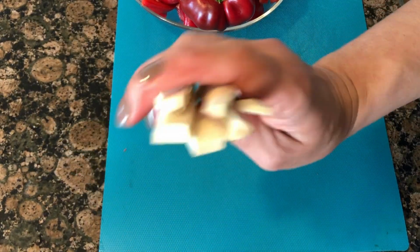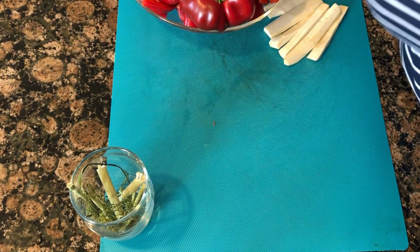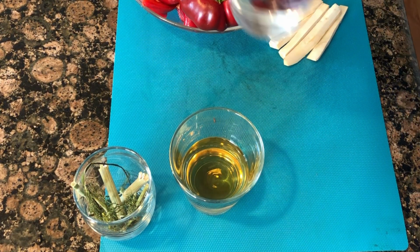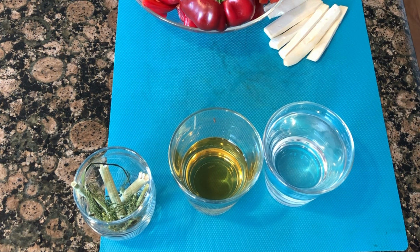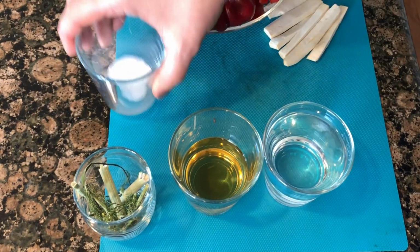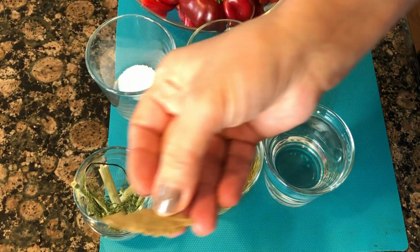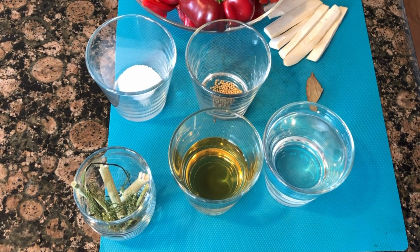We're gonna need some horseradish sticks, dill weed dried, you can use fresh, 1 measure of vinegar to 2 measures of water. For every 4 cups of liquid, you're gonna need 1 heaped tablespoon of non-iodized salt. So kosher salt, it's good. Rock salt, it's really good. And you're gonna also need some mustard seed, a little bay leaf, a couple of pepper kernels, and a few jars